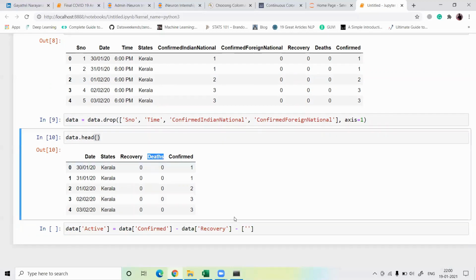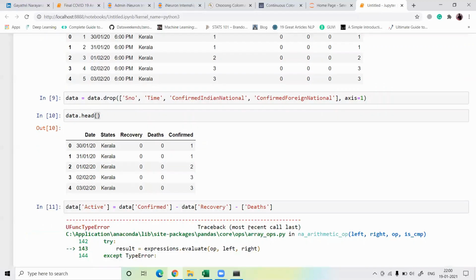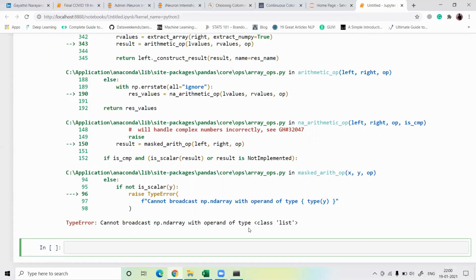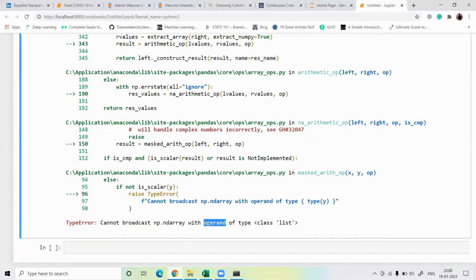Okay, death case, and see. Some error is coming: cannot broadcast NP array with the operation type.